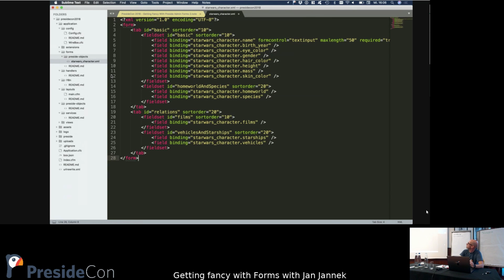Oh yeah, that's fast. So what I've done here now is created a form. In the standard part, it's one tab, one field set, and all the generated fields are in there. But I think it makes more sense to split that up in the form. So we defined two different tabs here, and have split it up into various field sets as well. And now we can